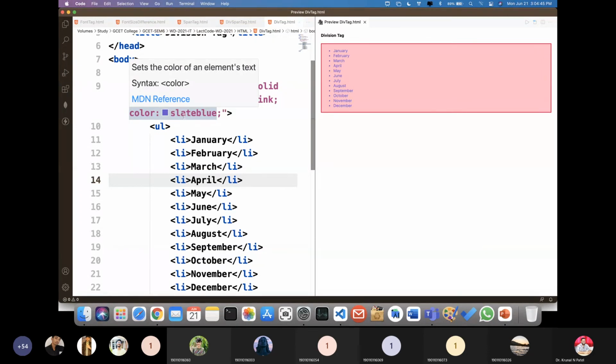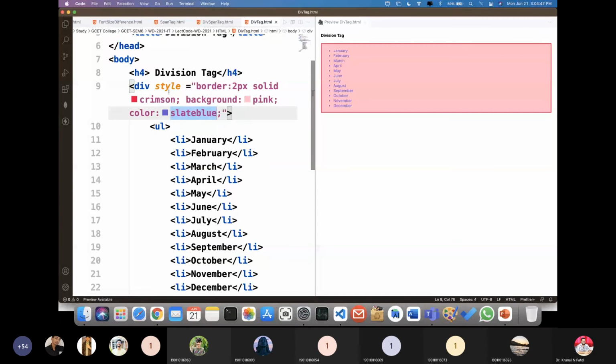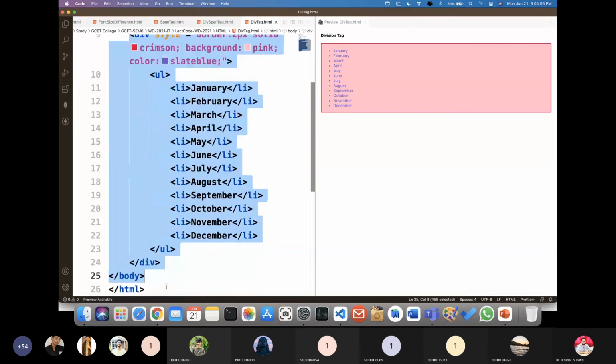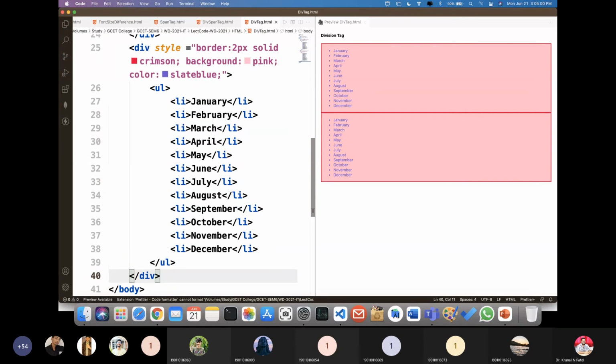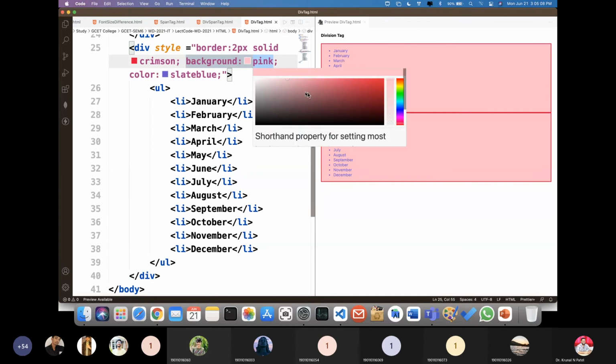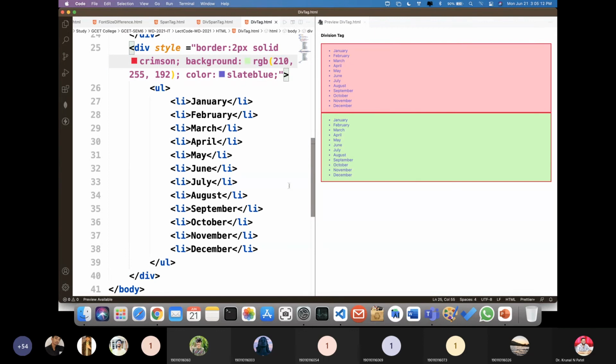So what happens over here? This particular style is applied to this division. So you can see if I copy paste this, then it will create a second section, right? But in this particular section, instead of this pink color, I want to just go for this color.